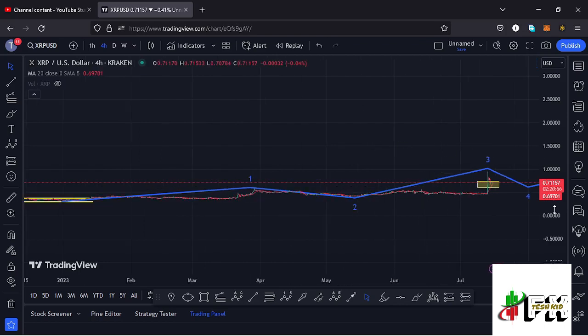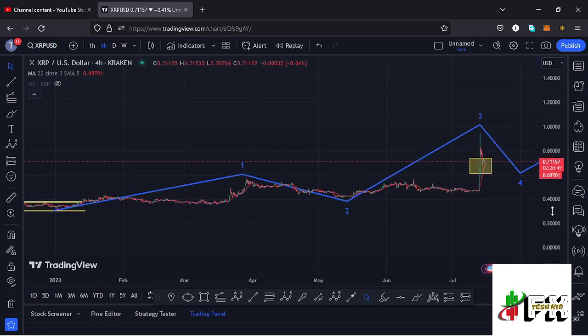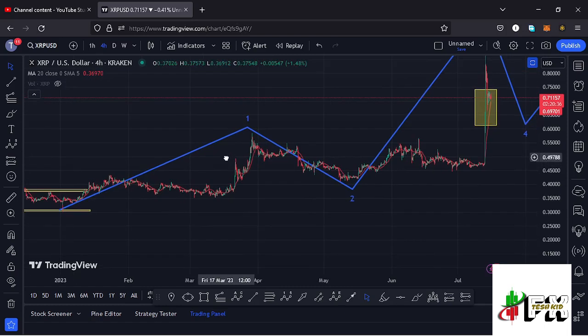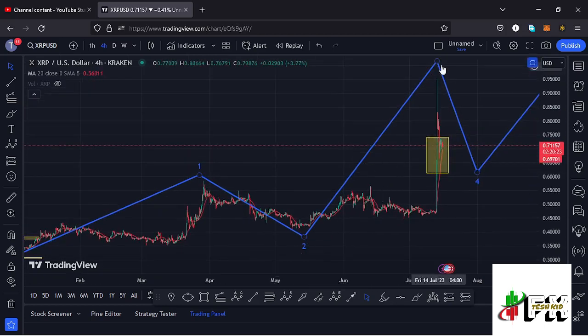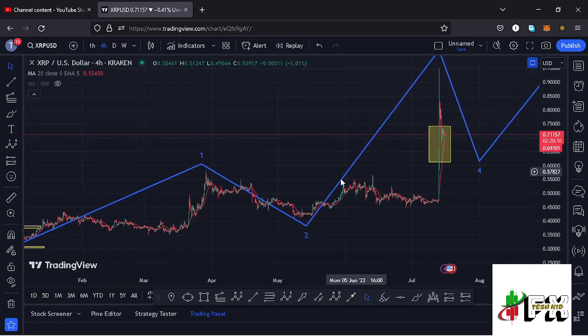And if I jump to the 4-hour chart for further analysis and to give you what we can expect on the short term, you can see that here on the 4-hour chart, if I zoom in, after seeing our January 2, 2023 lows, we have been obeying the Elliot wave structures, gearing up to the upper side, where we have now peaked in the formation of this wave 1, seen a breakdown move in the formation of this wave 2. Then after seeing the formation of the second wave, we saw the massive pump in the formation of this wave 3, which also came at a time when we had that massive news about the partial win that XRP is not a security,